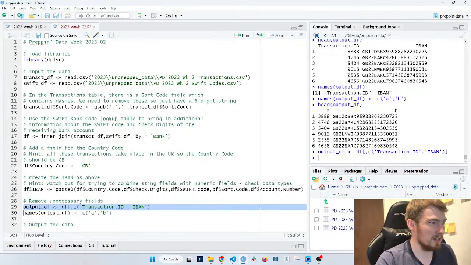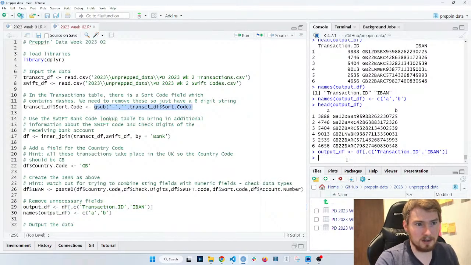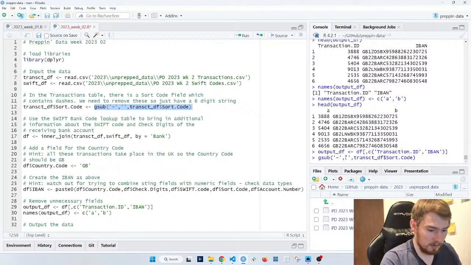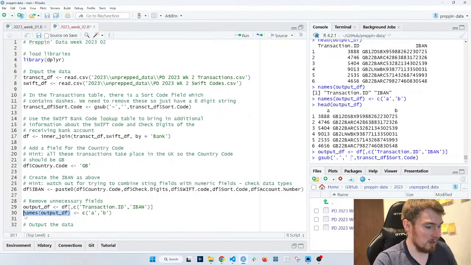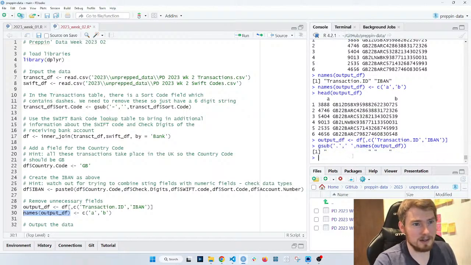So can I be sneaky and use the gsub that we used earlier? If I do gsub, I can get rid of the dot and replace it with a space, and instead of a column here, I can put in the names of my columns. Did that come back? Okay.